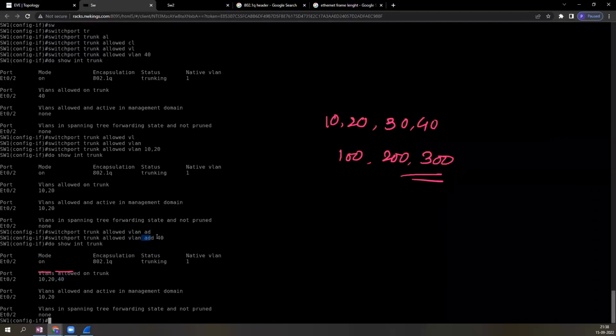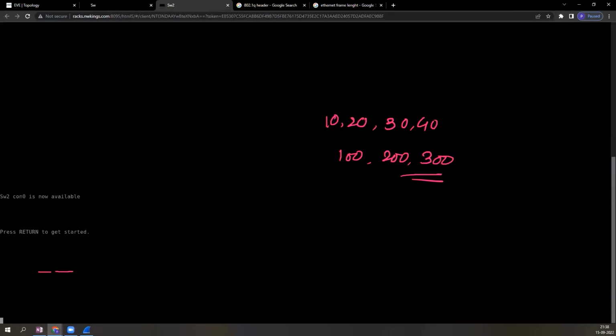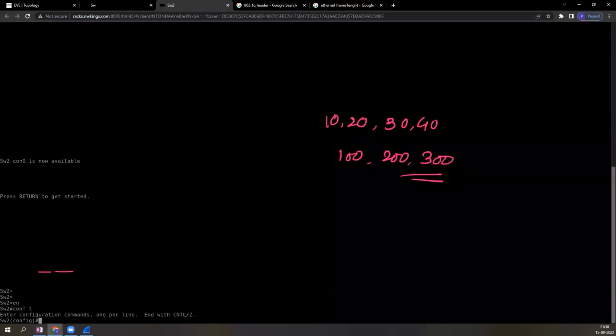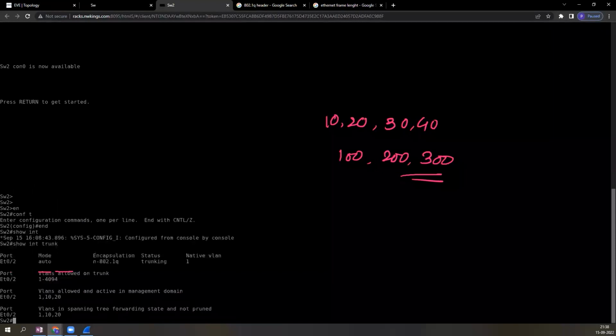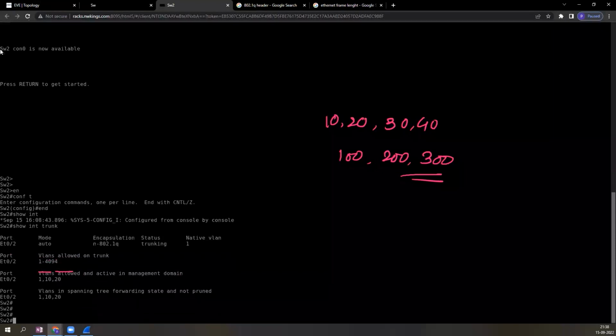Exactly. So you have to add or you have to remove, and many people make mistakes over here. That's why I have been very specific about this. Clear? Yes, very clear, sir. Now I have to do the same thing on the other side, but before that, maybe I can check exactly what is happening. You see, by default,